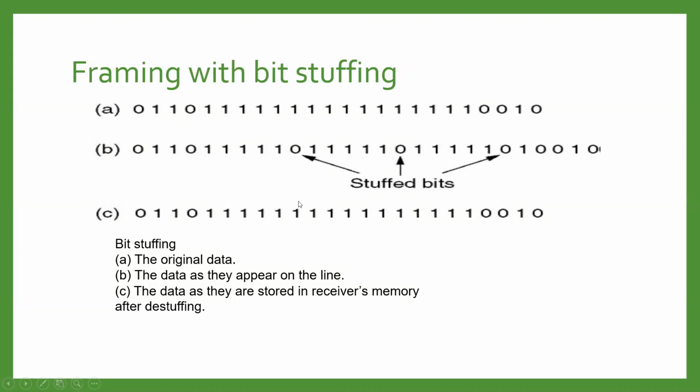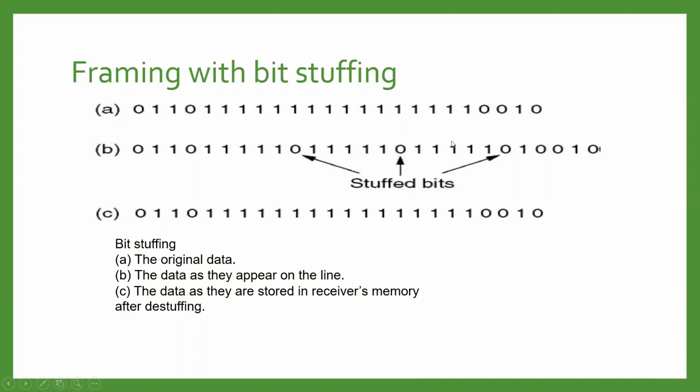While the receiver's data link layer receives this bit stream or frame, it removes the zeros after 5 consecutive ones, and the original data is transmitted to the network layer. Now suppose after these 5 consecutive ones, a 0 is present in the original data. At that time also we add a 0 over here, and then the original 0 is added after this 0, so two zeros will be present here. That stuffed 0 will be removed at the receiver side by the data link layer, and then it will be transmitted to the network layer.